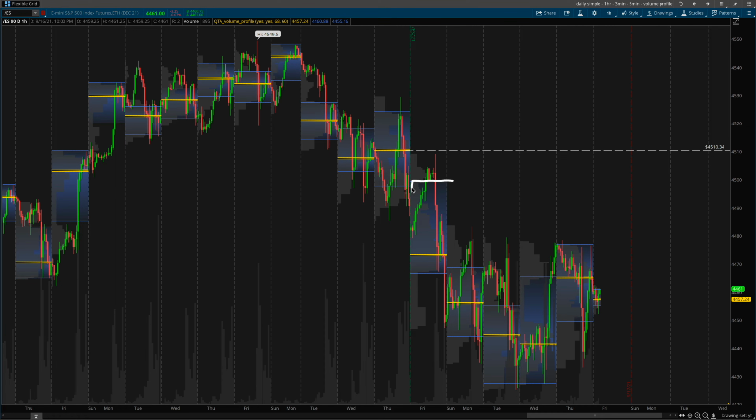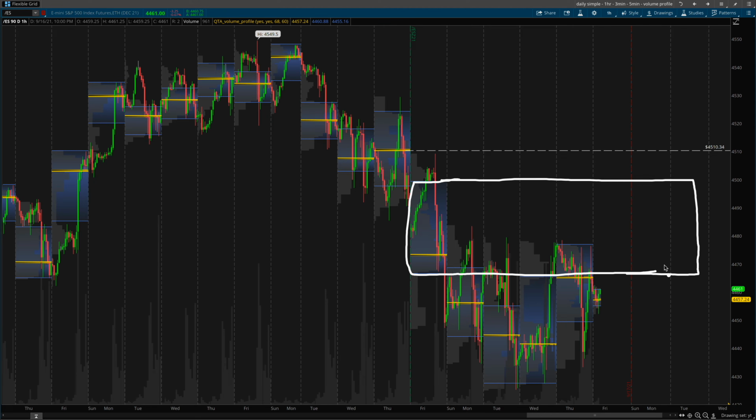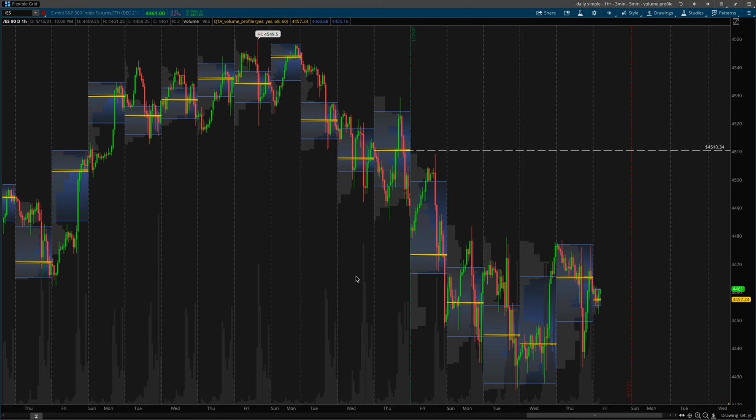Now in the value areas, we have the value area high, which would be right here, and we have the value area low, and then we have the point of control. If we group all these things together, these will end up being our supply and demand zones. If you're used to drawing supply and demand on your charts and you trade off of those, make sure to incorporate using this volume profile study whenever you're drawing out your levels because you'll see it'll significantly help you spot